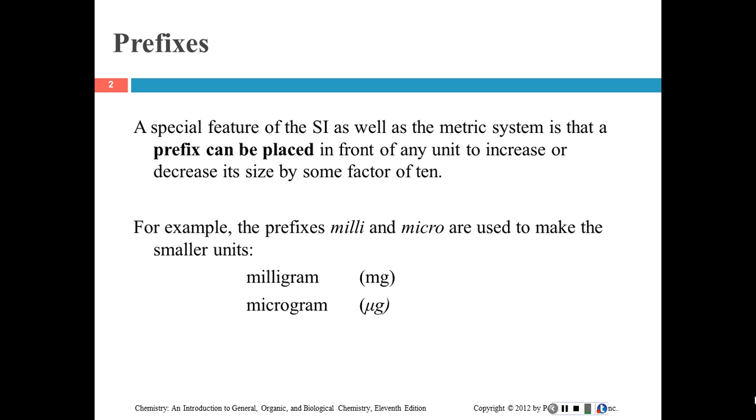Prefixes are something that are really nice in the SI and metric system because you can put a prefix in front of any unit and you know how much you're going to increase that by. What I mean is that the prefix milli is 1,000th of something, and micro is 1,000,000th of something. If I can put milli in front of gram, and I know that it takes 1,000 of those to be 1 gram, I can put it in front of liter. And if a milliliter, I know that is 1,000th of a liter, or it takes 1,000 of those to equal a liter. Same thing with microgram, microliter,